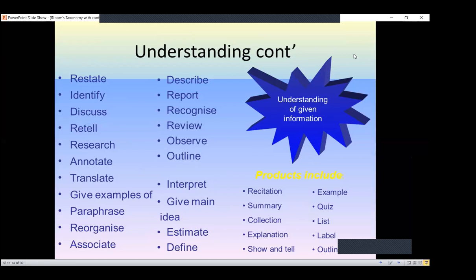Even when you are saying define, again, define comes in two parts. When the definition is given as per the textbook, in the same language, that becomes the knowledge part, that becomes the remembering part. But explanation of that definition, that comes under understanding part. Okay, so this is the second level of Bloom's taxonomy.